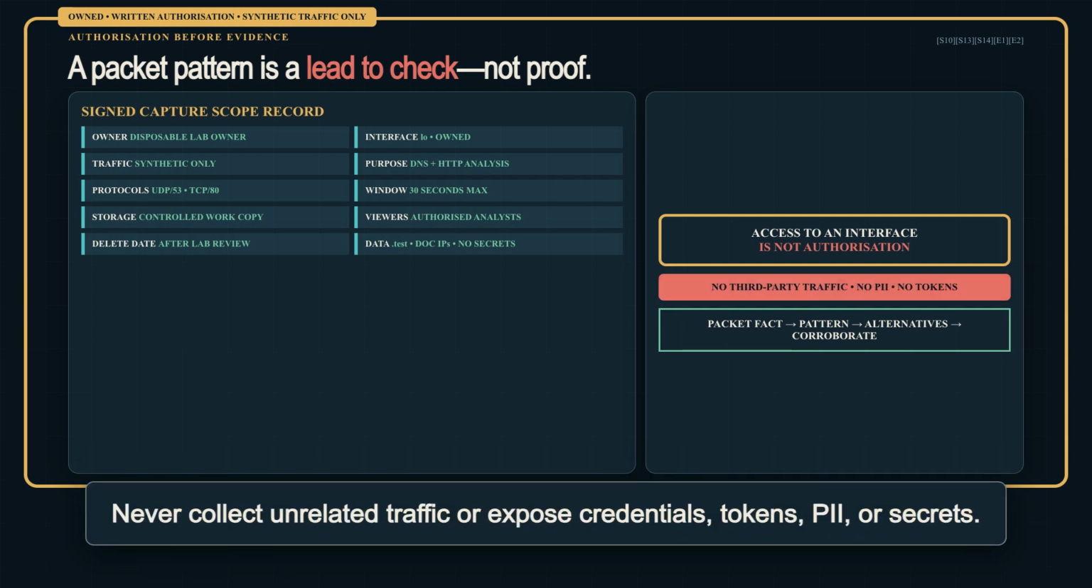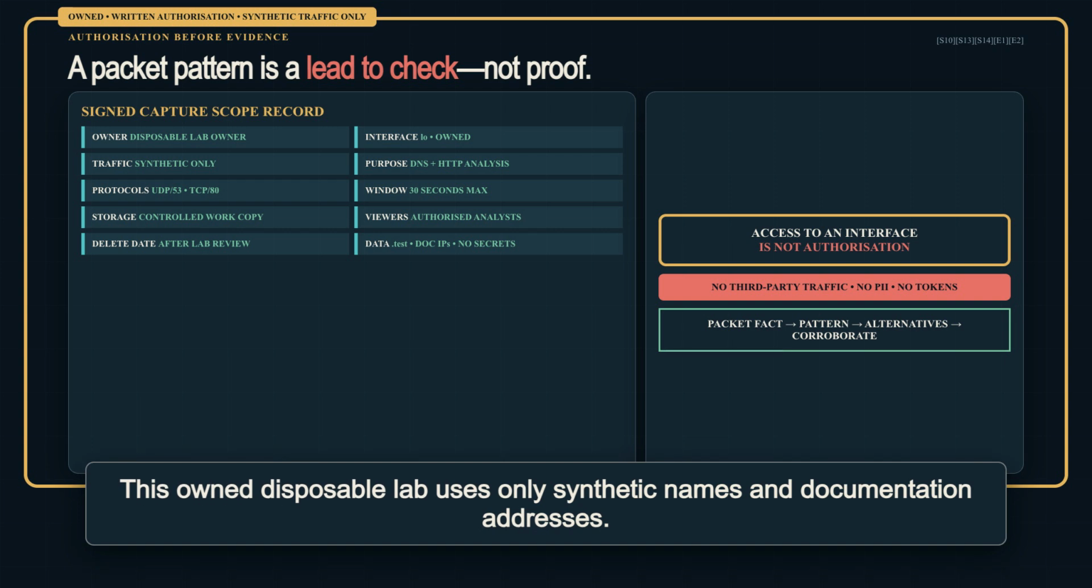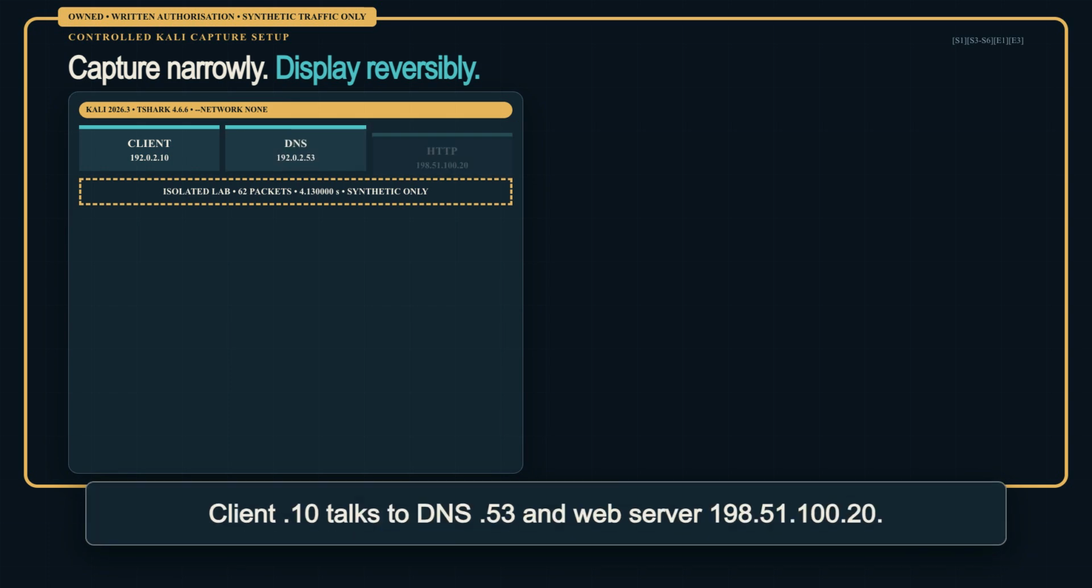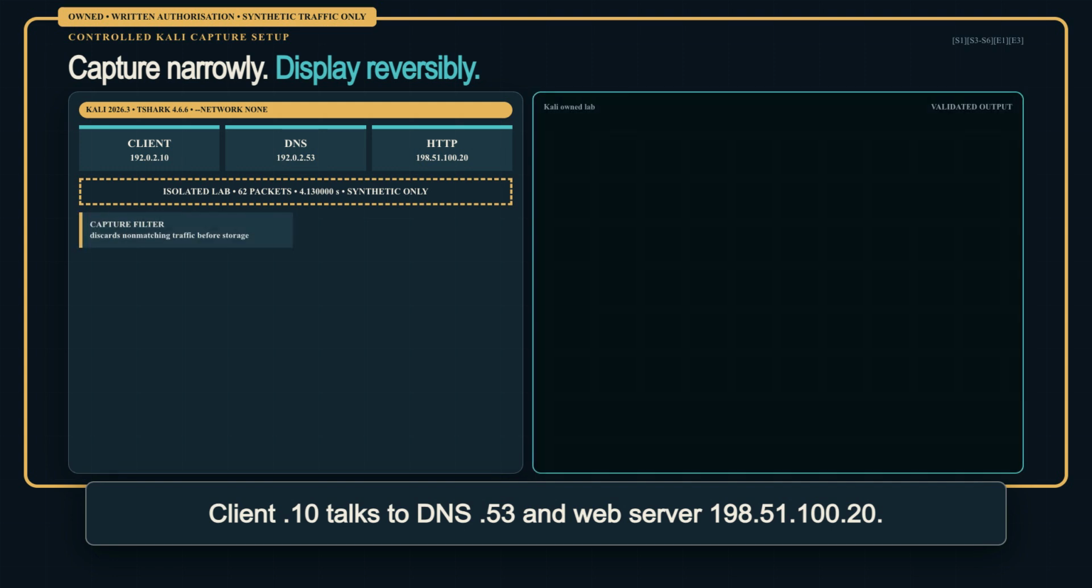This exercise uses only an owned, disposable lab with synthetic .test names, documentation IP addresses, and no credentials, cookies, tokens, PII, or secrets. Our capture is a deterministic 62-packet file made inside a network-isolated Kali 2026.3 container with TShark 4.6.6. The client is 192.0.2.10, DNS is 0.53, and the web server is